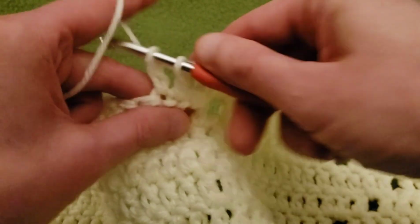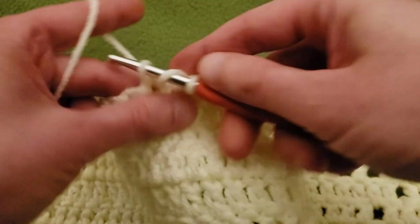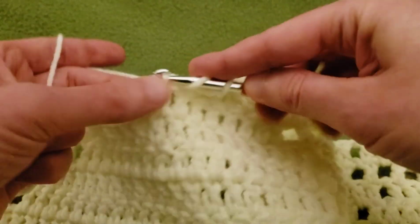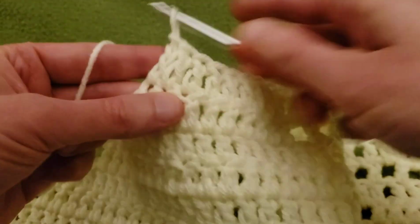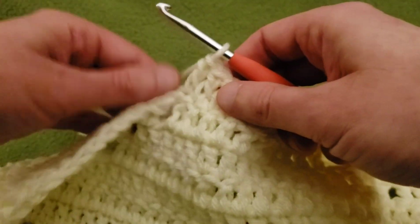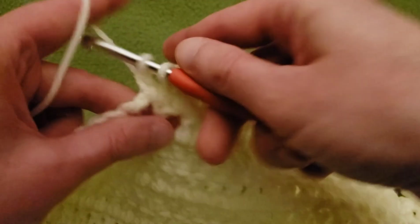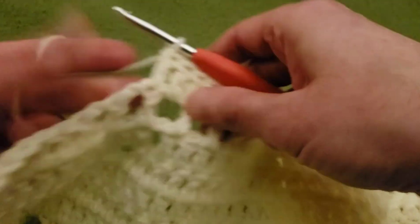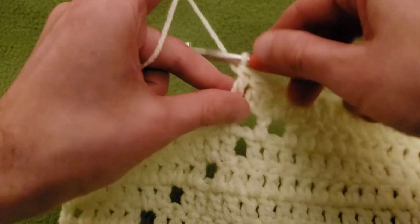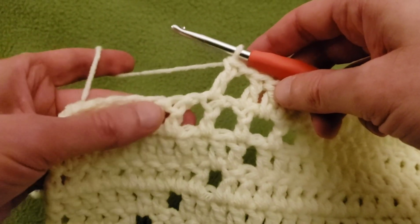5, 6, 7, 8, 9, 10, 11, 12, 13, 14, 15, 16, 17, 18, and last but not least, 19. Okay, so we need one more eyelet. So chain 1, skip the chain space, and double. Now we started with 9, so we have to finish with 9. So we've got 1,